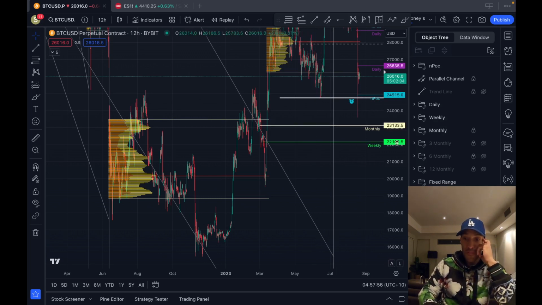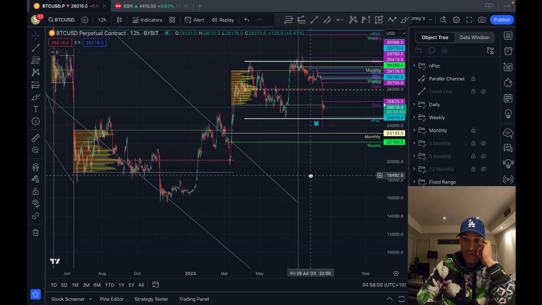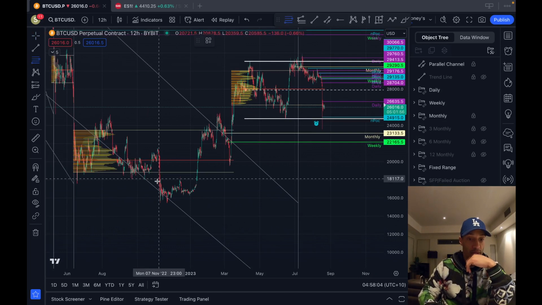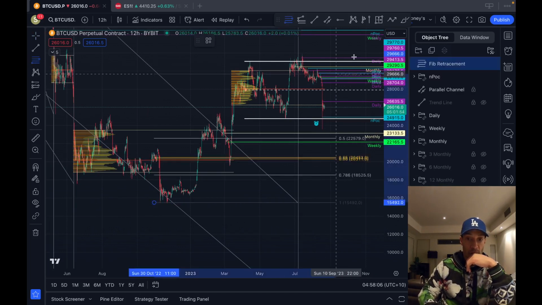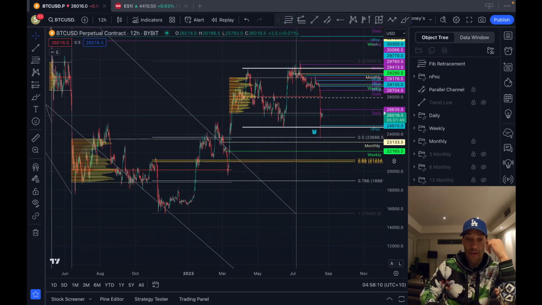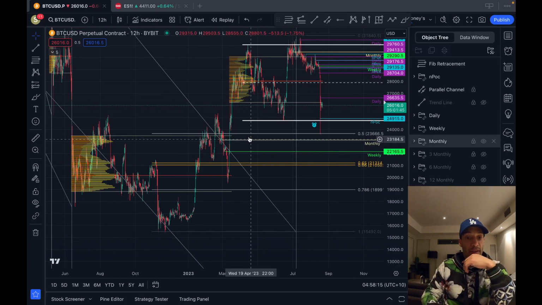There's also, from memory, where has that gone? I'll have to draw it up again. So we also had the 0.5 Fibonacci level, which coincides with the value area high, where we got that massive